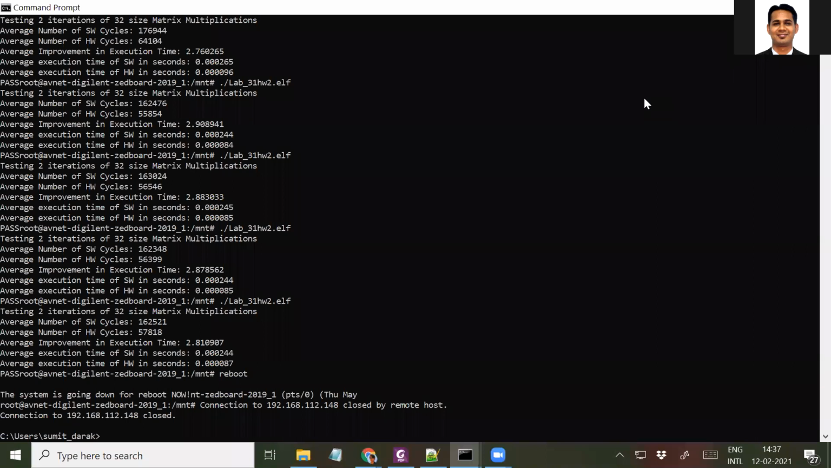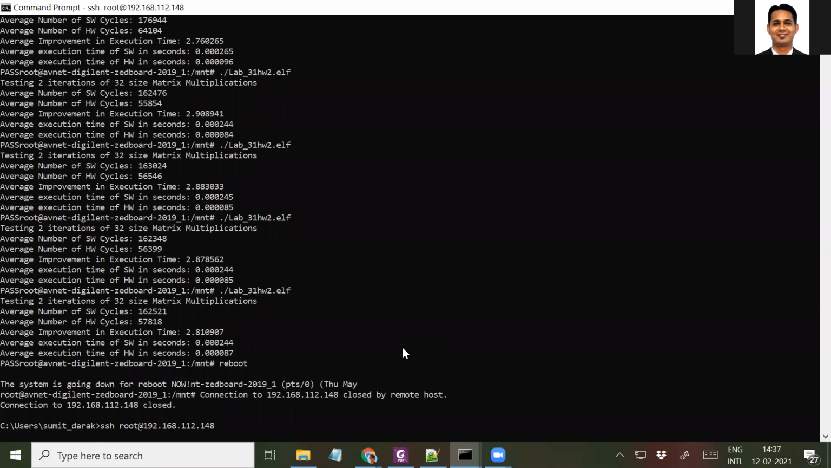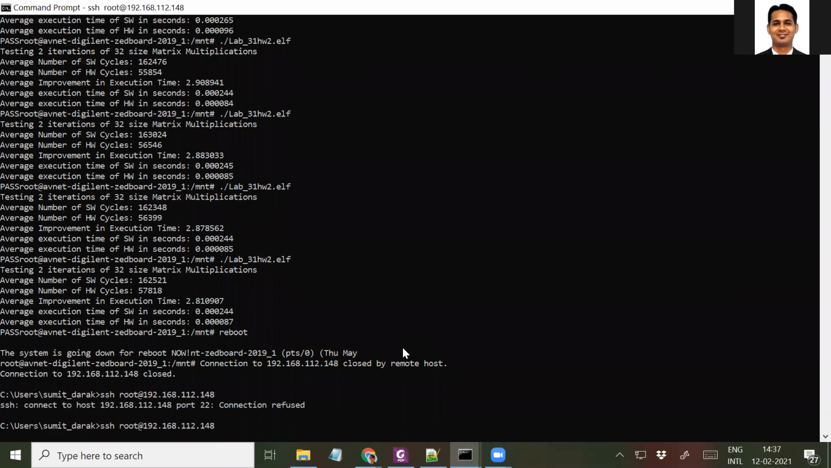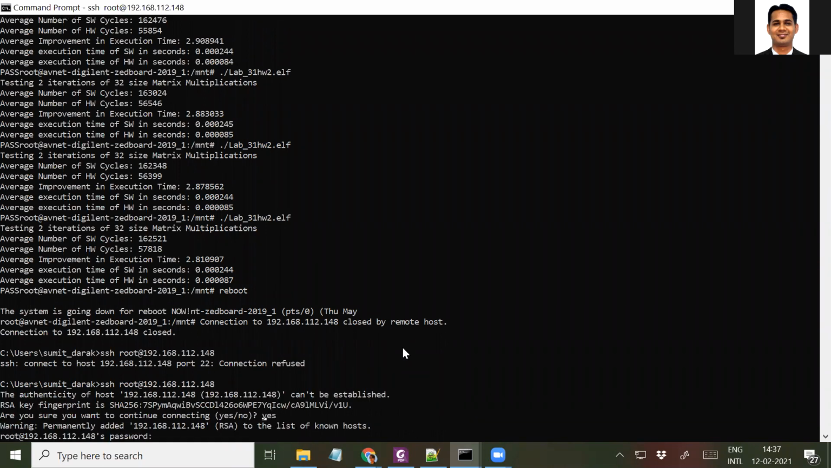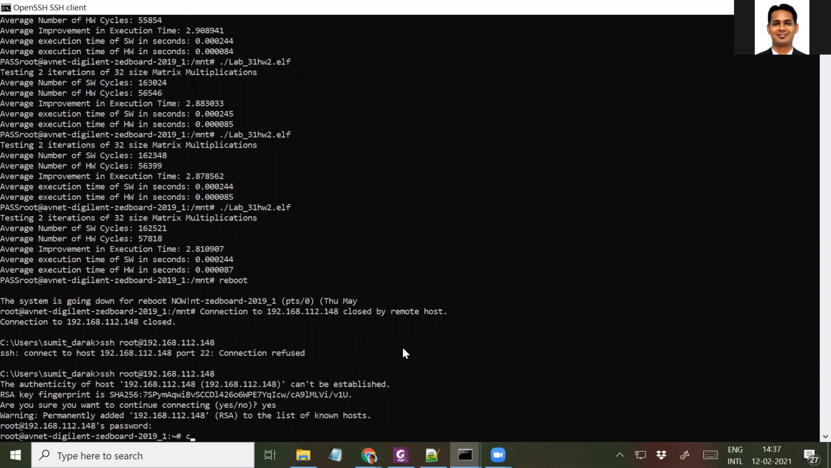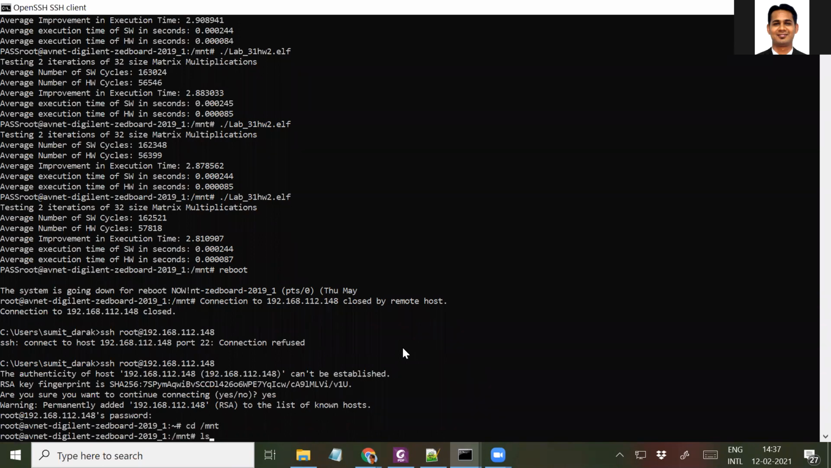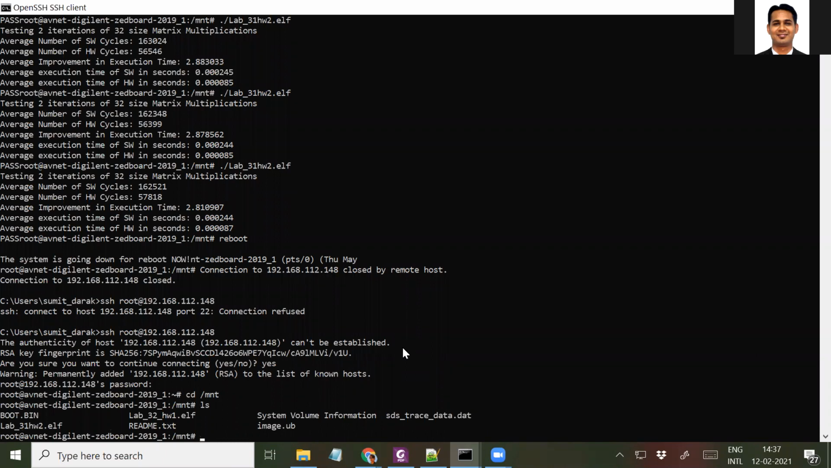Okay, so I have copied the files from the desktop to the SD card, and I also performed the reboot operation. So I'll do the SSH to check whether the board is live. Okay, so you can see that I have copied the second file in the SD card. So now I'll do the execution of the second file,